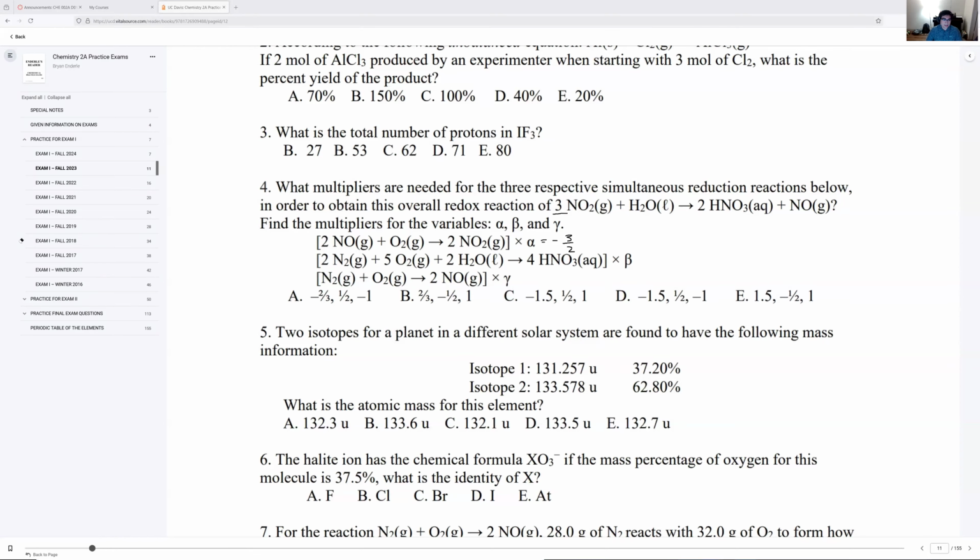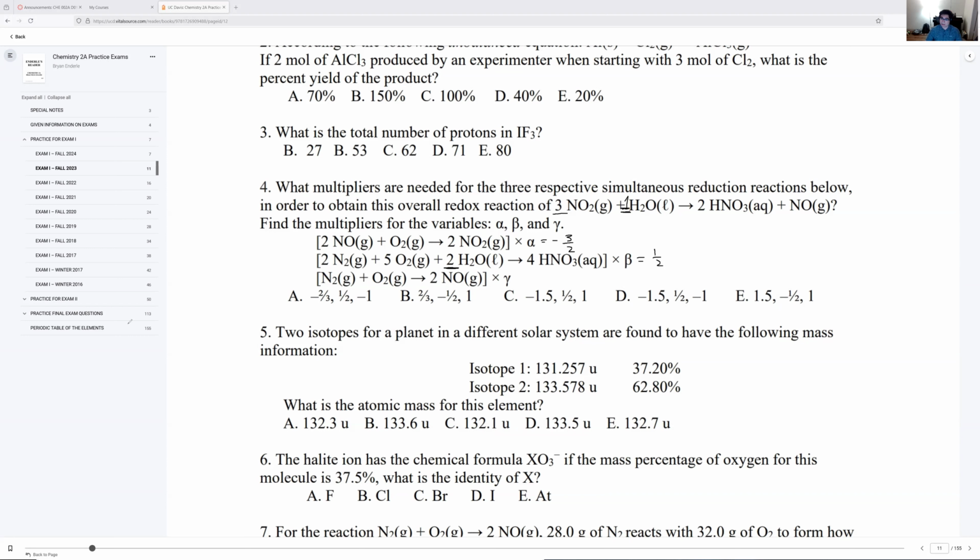So let's see if there's another unique reactant in here. So we did NO2, and that helped us get alpha. We can look at the H2O. There's no H2O in the first one. There's no H2O in the last one. There's only H2O here. So the water has to come from the second reaction. Now the coefficient is 2. This one is 1. So if I want to go from 2 to 1, then beta is going to be